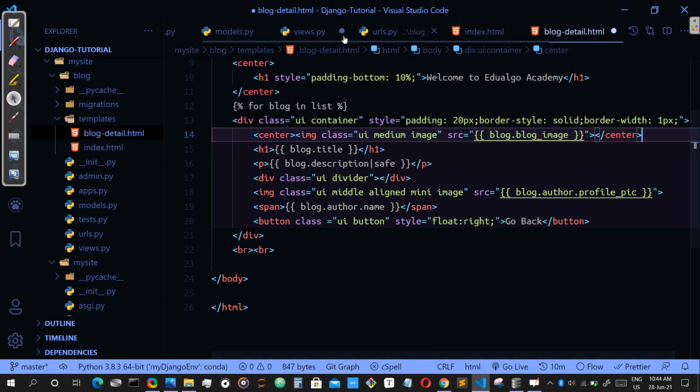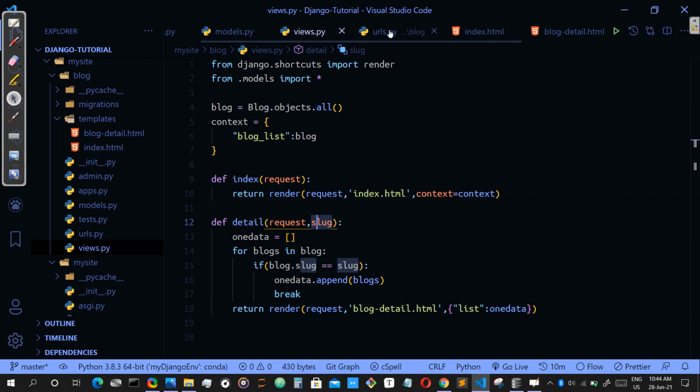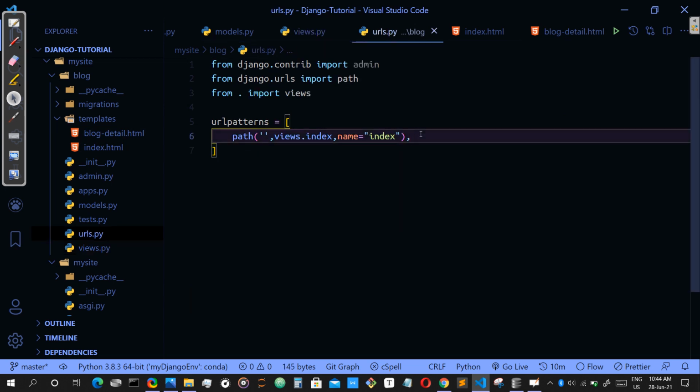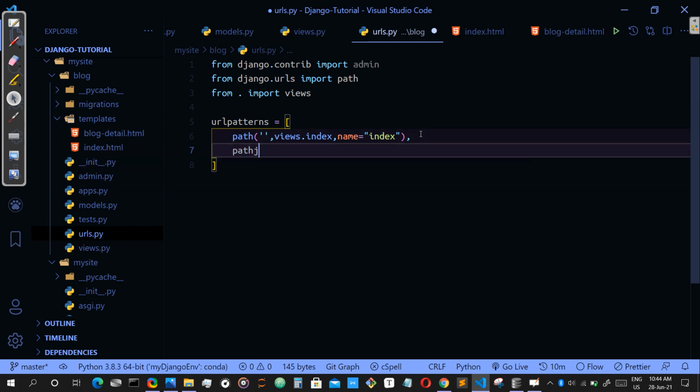To design our URL, go to the urls.py of the blog, and in this urls.py you have to add another list object. You have to add blog, and here you have to pass this slug. Now this is str:slug. Why str slug? Because we have taken that as a text field.